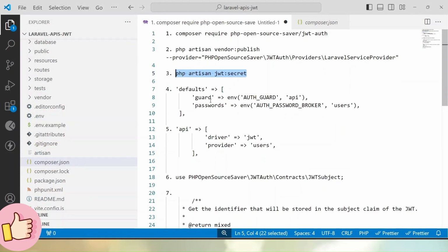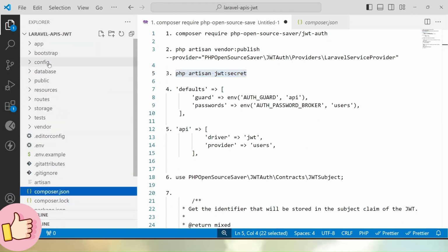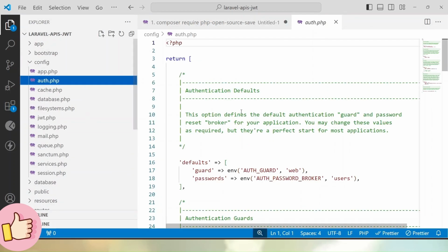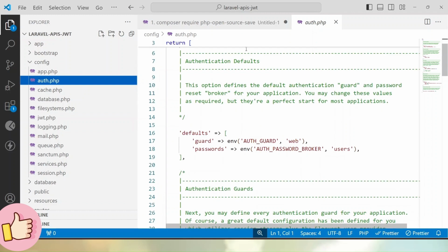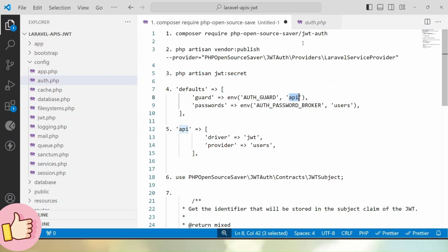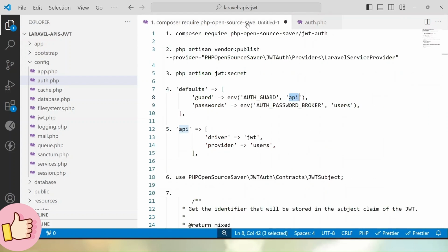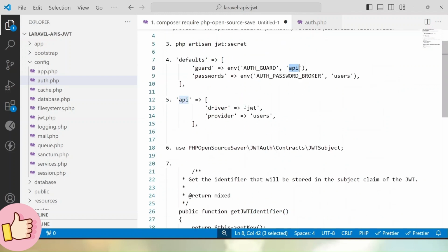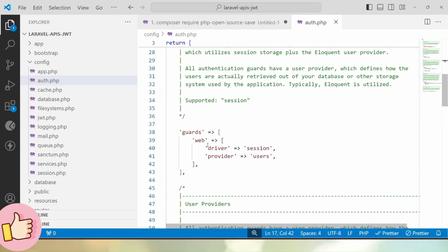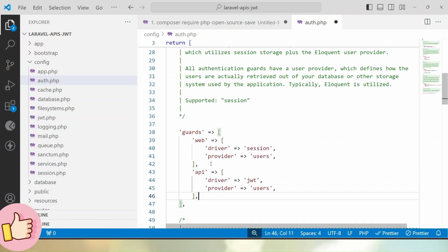In step number 4, we have to go inside our auth.php, which we can find inside the config folder. Inside this auth guard, we have to change from web to API. So let's copy and put here. Then, in the same file, auth.php, inside our guards, let's copy step number 5, and here inside these guards I will add one more guard, that is API driver equal to JWT and provider equals to